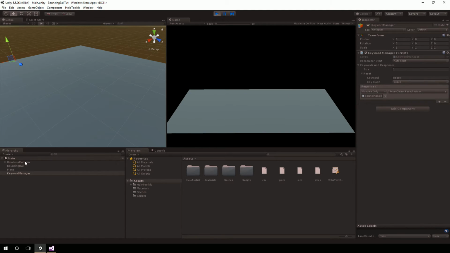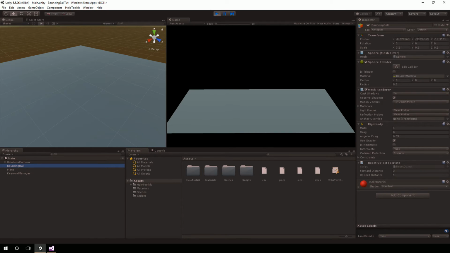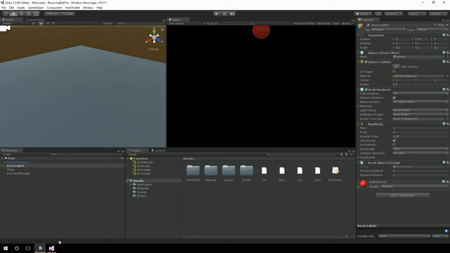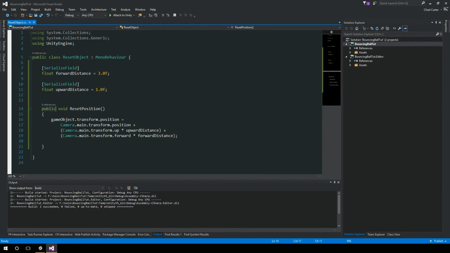look at these numbers as soon as I select the ball. It's just flying. And if I hit the spacebar, it's going to reset. And you can kind of see over here the ball is coming, but it's just flying. The velocity on this thing is really high right now. So let's go ahead and go back to our script, and instead of just setting position,